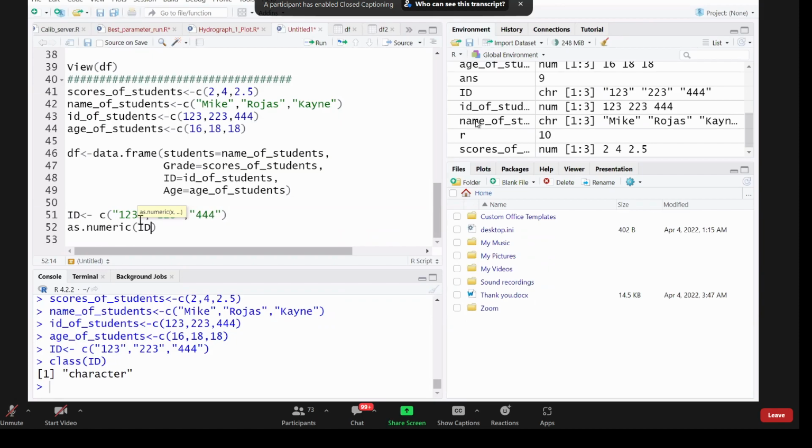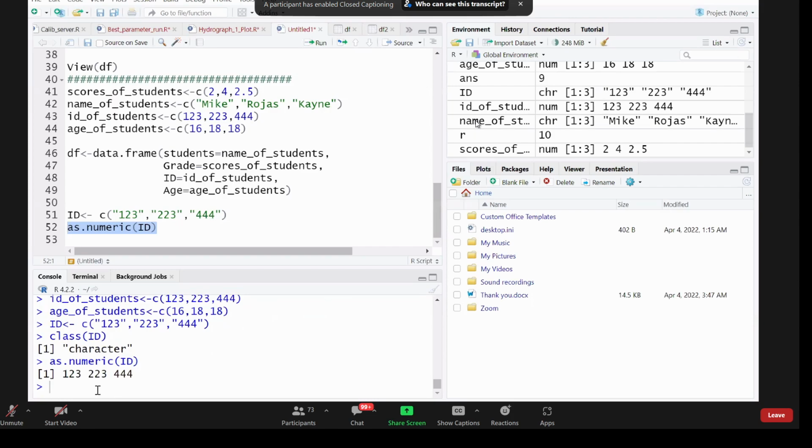Now actually, ID is a factored value or a character value, but I give a new command as.numeric, and now it will convert my ID into a numerical value as well. Now see, in here it is 1 2 3 2 3 and so on, but if I run only the ID,